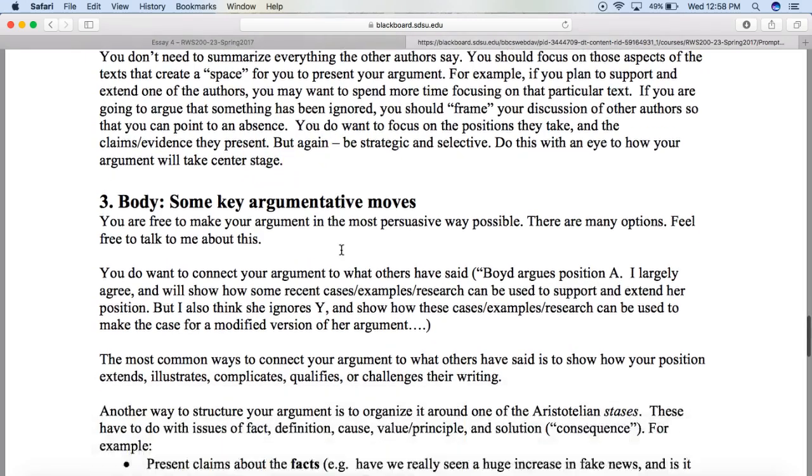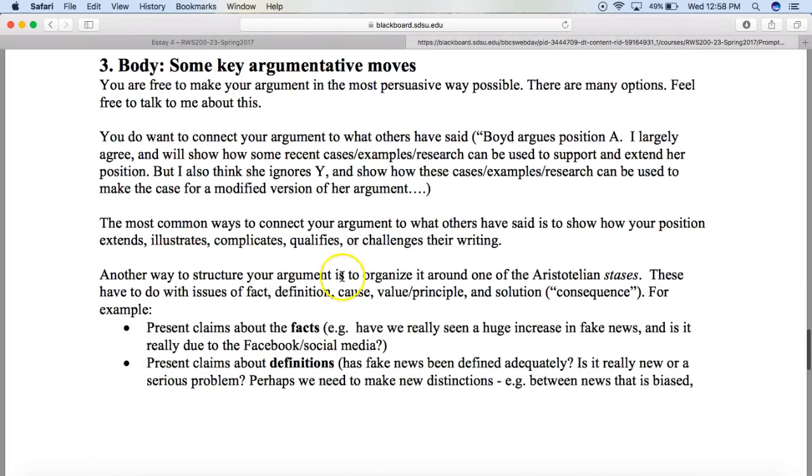And then in the body, which we did not get to today, you are going to make your own argument. This is where you insert your own argument. You do want to connect your argument to what others have said. The most common ways to do that are to show how your position extends, illustrates, complicates, qualifies, or challenges their writing.